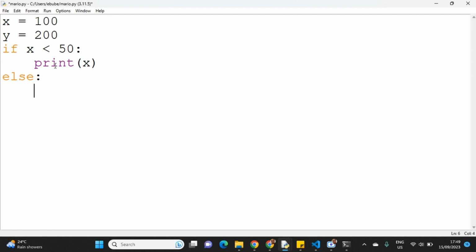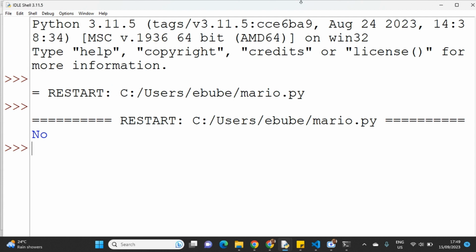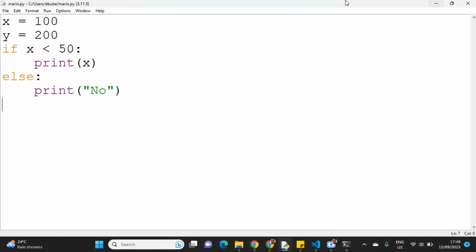It's not less than 50. I keep mixing my points. Sorry. So we'll say print, else print. Let's say no, or something. So by default now, it should print no because x is 100 and 100 is greater than 50. So now, what logical operators now comes to do is to say if x is less than 50, for